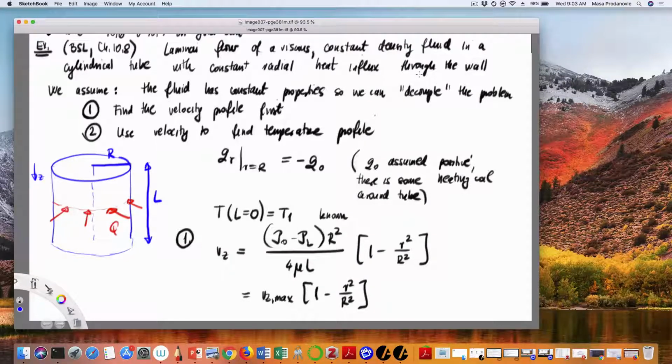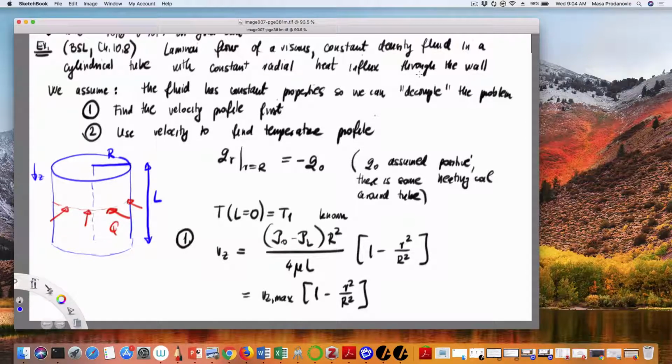Let's warm up this morning with a little bit of heat transport and a little bit of derivation. The yummiest part of this course, I'm sure, for most of you. So we are working on laminar flow, and this laminar flow is in our favorite geometry, that would be cylindrical